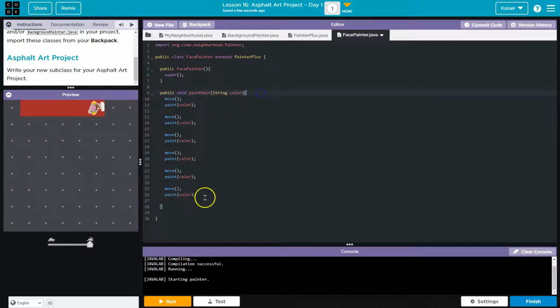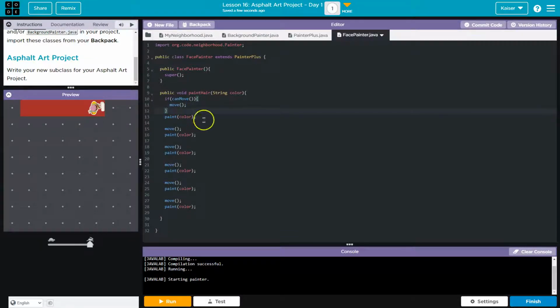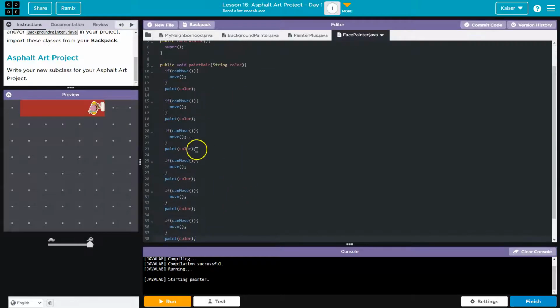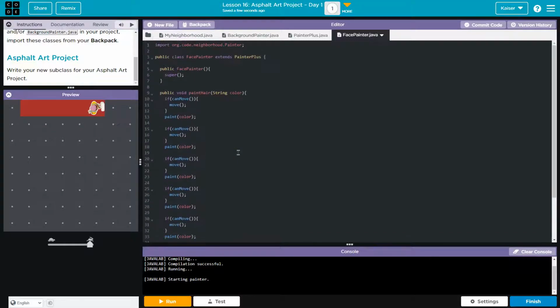What would do it is using can move, right? Every time before we take a step, we do if can move, bam. So if I can move, then I will let myself move. Let me show you what that would look like. This is even more ridiculous. This is so much code. So we should use methods that will perform the same logic and make code easier to